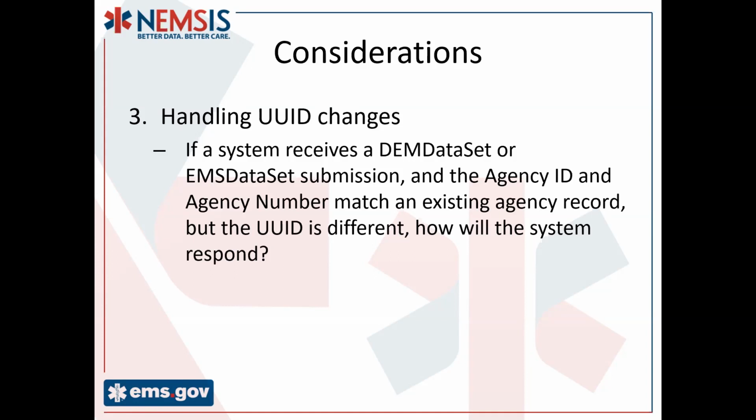A state could hand out a UUID that might match something in the new system already and be associated to a different type of entity, because UUIDs only have to be unique inside of an agency on a single software product. So would the information flow then be the state gives the new vendor a username and password, and the new vendor gives the state a new UUID? I think, right, that's a possibility.